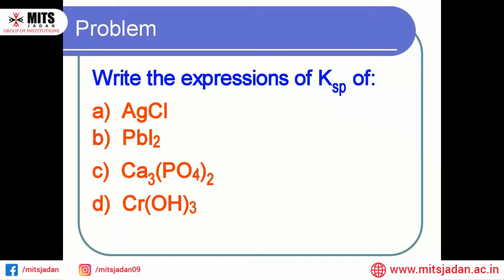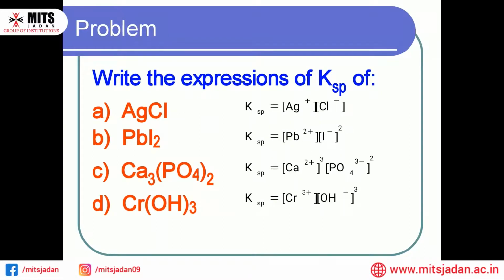Now it is time to solve some problems related to this topic, that is, solubility product. Can we write the expressions for KSP at equilibrium condition for the given electrolytes? Yes, by using the concepts discussed earlier, one can easily write the expressions because we know that the KSP is the product of ionic concentrations at equilibrium condition. For silver chloride, the value of KSP is the product of the silver ion and chloride ion concentrations.